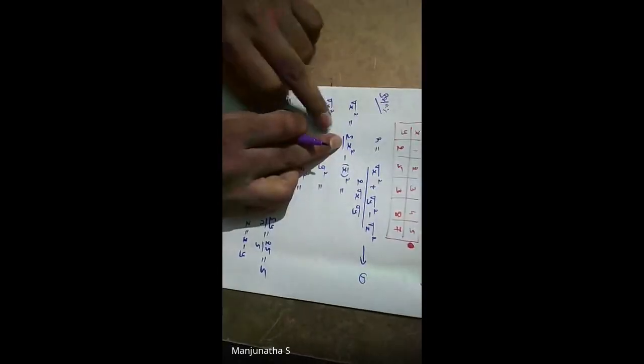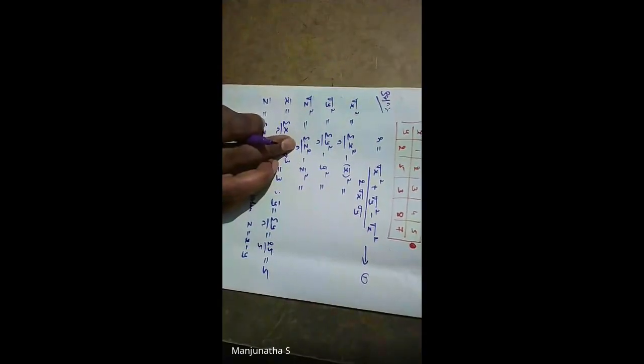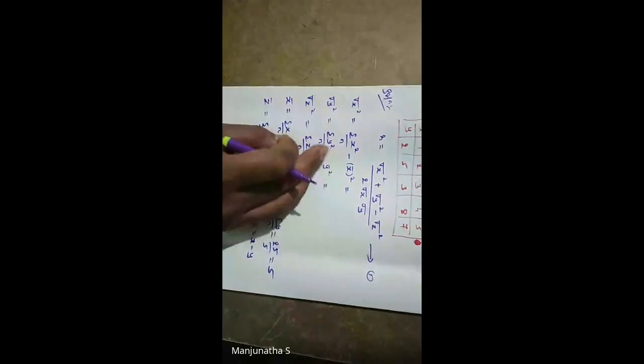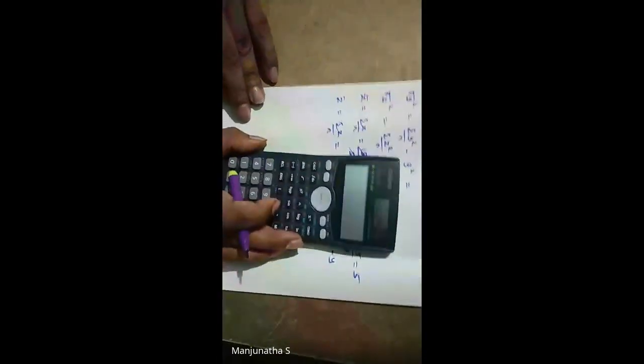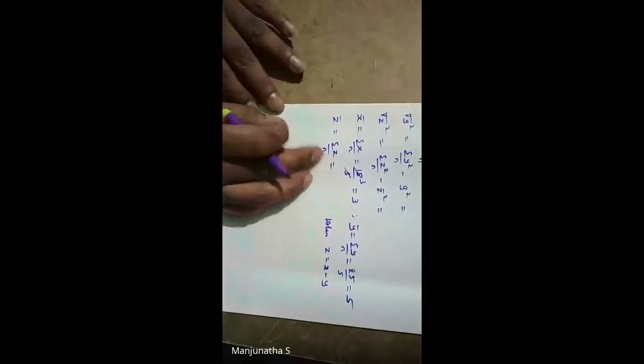So now we'll go for the table. What values do I need? I need summation x square, summation y square, summation z square. See, anyhow in the calculator it is possible only for x comma y. If in your calculator it is possible, you can go for z also. But in this calculator, that regression step only works for two data. I will show you. The third data we will do directly.